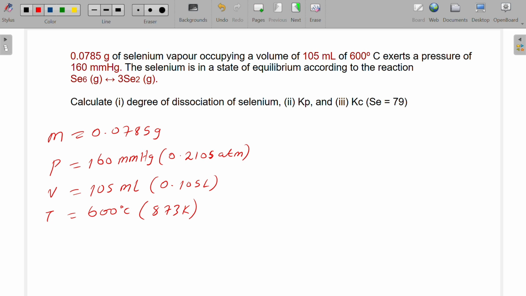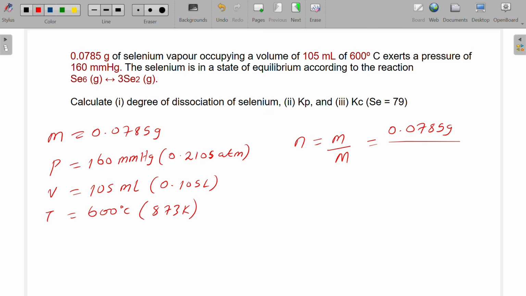Now, the first step we need to do is find the initial number of moles of selenium. The formula we need for number of moles is still the same common formula. Number of moles is equal to the mass given divided by the molar mass. The mass we are given is 0.0785 grams. That's what we are given. And we're going to divide this by